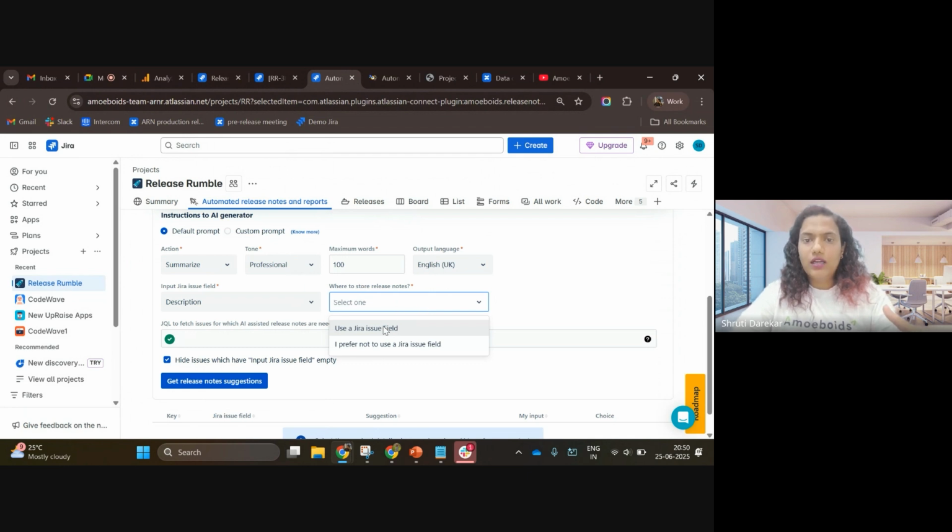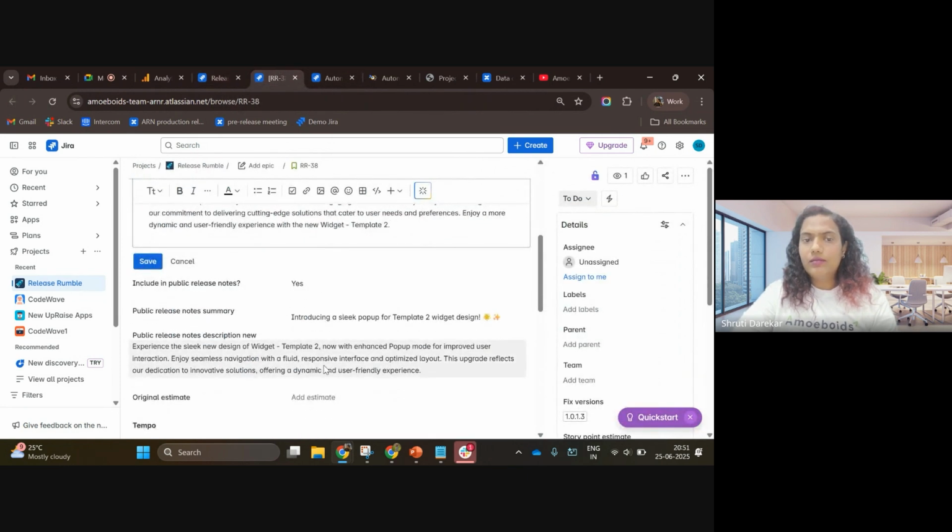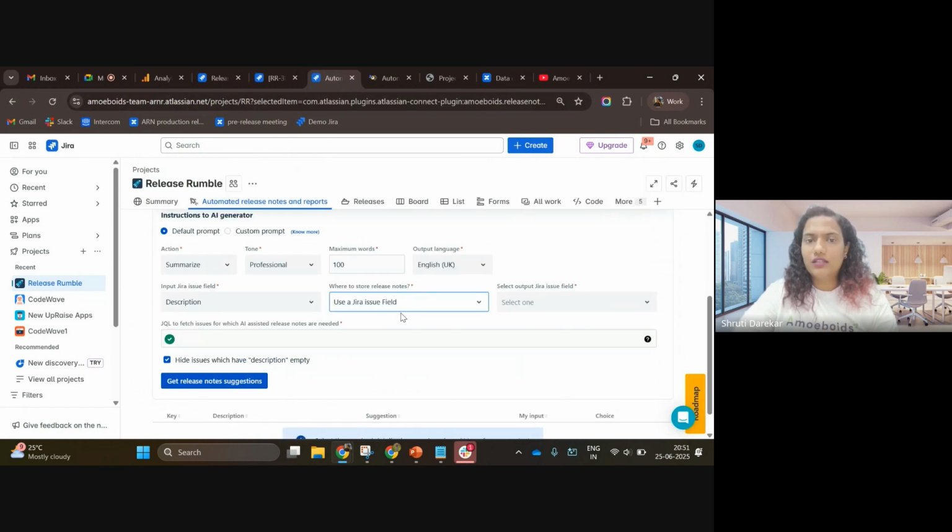Now, second, I need to select where the AI generated content should be stored. So again, I have two options. Use the Jira issue field, or you can select not to use any Jira issue field and just create the data. So right now I'm going to store it in another field. Now, as I said, imagine that this content is empty, there's nothing here, and I want to update this field. I'm not going to go through the whole description and update it. I'm just going to use my AI generator. I've already given all the instructions. I'll select this description field as my output field